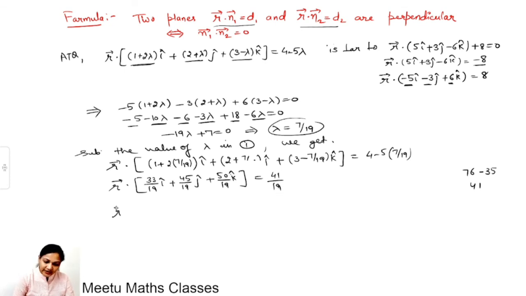So the required equation of the plane will be 33i plus 45j plus 50k is equal to